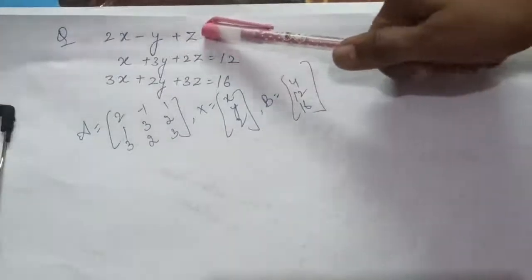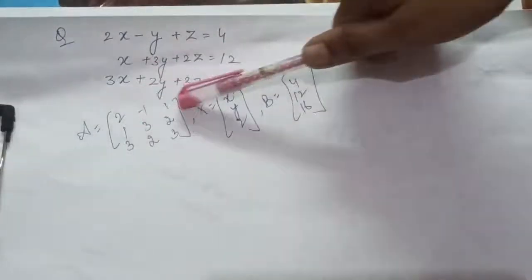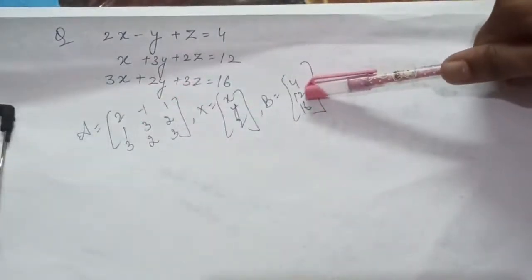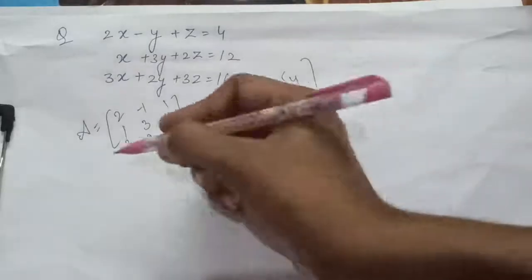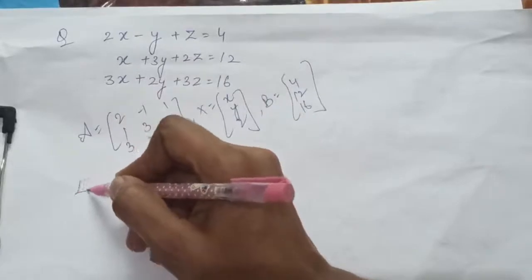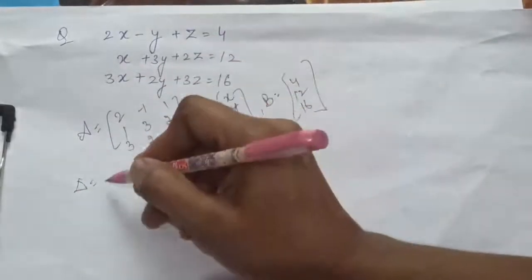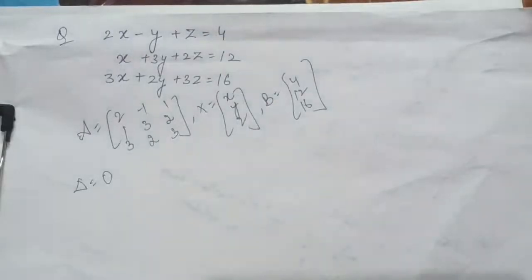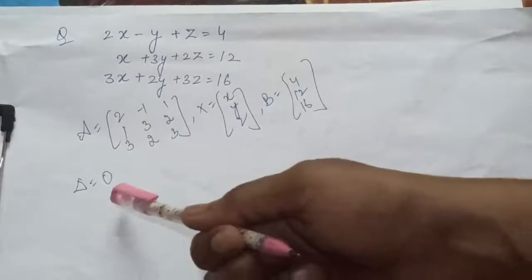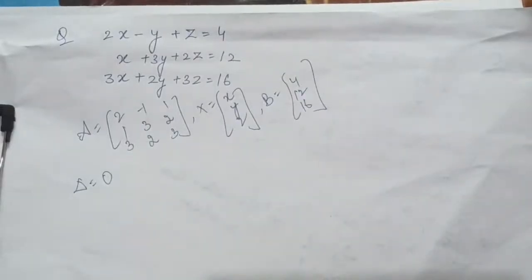Right? So now from this I will start with Cramer's rule. So the first step you all know. First of all, I will find the determinant of A. Here I will call it delta. When I calculated delta of this matrix, it came out to be 0. Now I have to move further because I saw it as 0. So I reminded myself that it is a special case, of course.